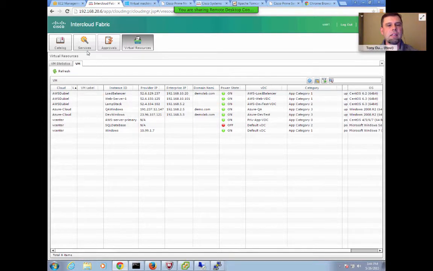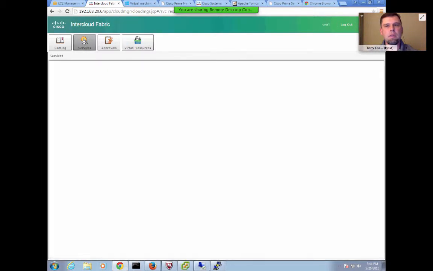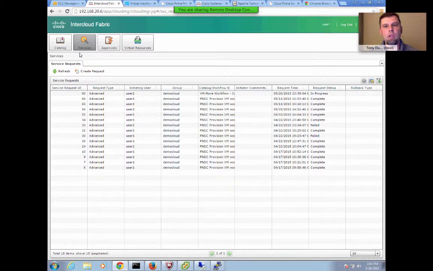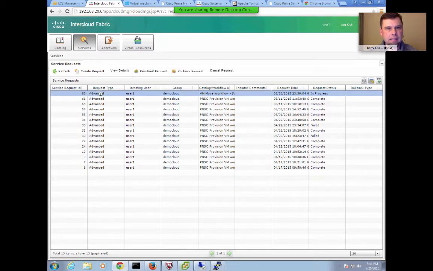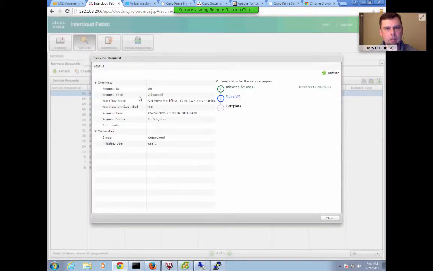Now let's take a look at services. From a user perspective, we do have some visibility into the status of virtual machines as they migrate into the cloud. In this case, we'll connect to that workflow, and we can see that the virtual machine is currently migrating to